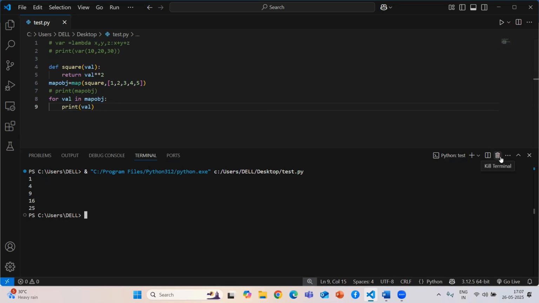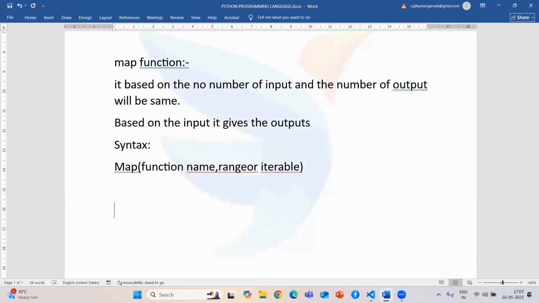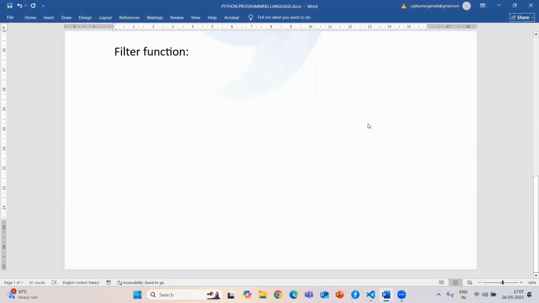Okay, now we are going to cover the next function, nothing but the filter function. How the filter function is going to work, we are going to see now. Go to the Word document, we are going to write something. So filter, how the filter is going to work, the filter function. This function will be based on the